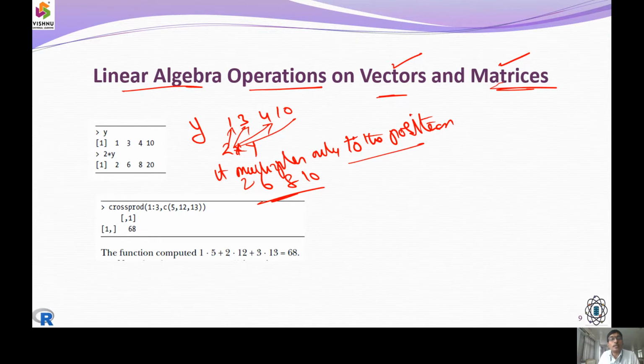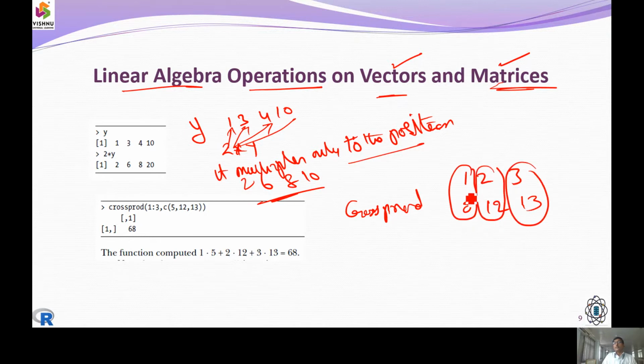Next was an interesting thing. We are going to work with cross product. So in cross product, we take 1, 2, 3 as an element as one thing. Another, we are going to say it is 5, 12 and 13. Now we are going to work with this cross product. What it does is it performs a multiplication operation between the two positions, and thereby it does an adding operation.